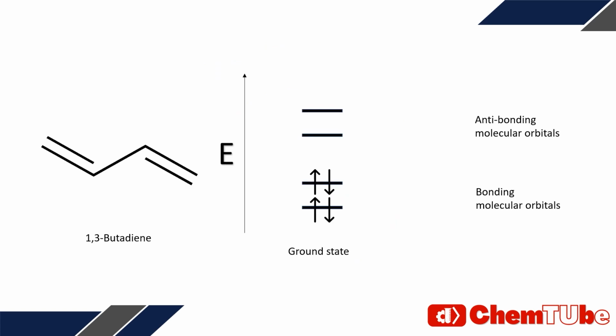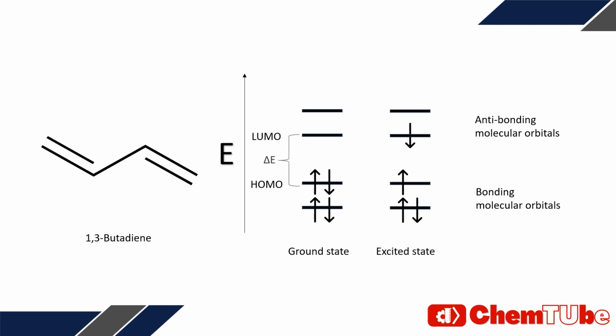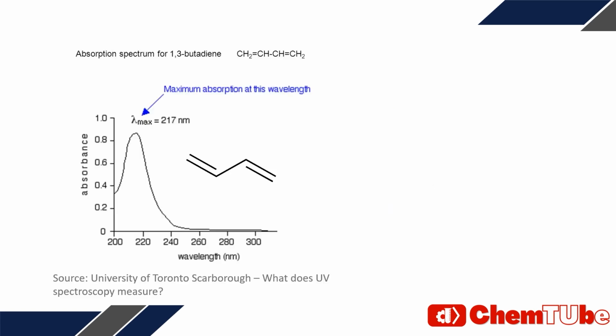This also happens to molecules. Let's take a look at the conjugated molecule 1,3-butadiene, which has 4 pi electrons occupying the atomic orbitals. Initially, all of the electrons are in their ground state, which is in this case in the bonding molecular orbitals. Let us note the highest occupied molecular orbital, or the HOMO, and the lowest unoccupied molecular orbital, the LUMO. When absorbing a photon, one electron will move into the anti-bonding molecular orbital, or the LUMO. The transition requires a photon to have the energy of at least delta E, which is indicated here. As such, this technique can provide insight into the energy difference between occupied and unoccupied energy levels.